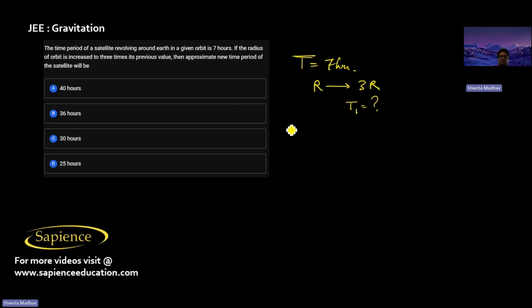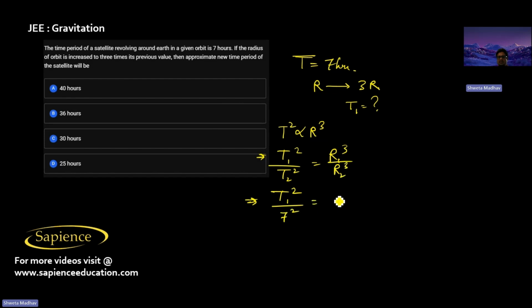So here we can apply Kepler's law of periods, which tells that T square is proportional to R cube. So I can say that T1 square by T2 square equals R1 cube by R2 cube. So T1 square by 7 square equals the new radius, 3R whole cube, divided by the initial radius of the orbit, that is R cube. So T1 square would be equal to 7 square into